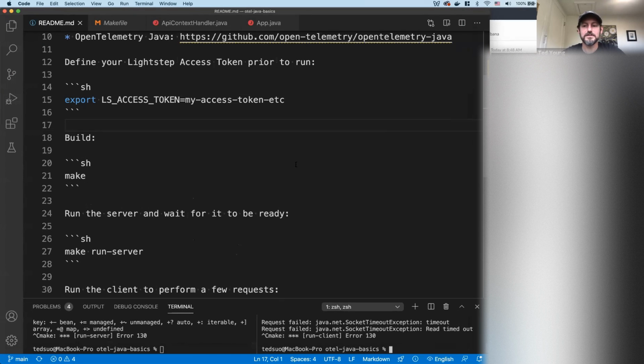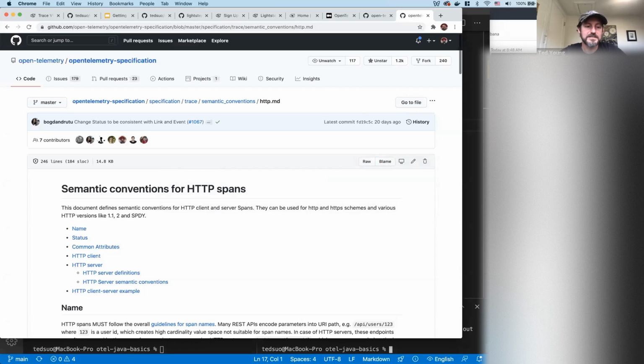So let's pop in and look at some of this code that's actually generating this data. Oh, and we've got a question from Daniel. Daniel asks, last year, the microprofile spec specified that operation names and service spans should be of the form get path to span. As far as I can tell, OpenTelemetry spec does not mention a convention on names for service spans. Do we want to formalize this? Yes, we do have conventions.